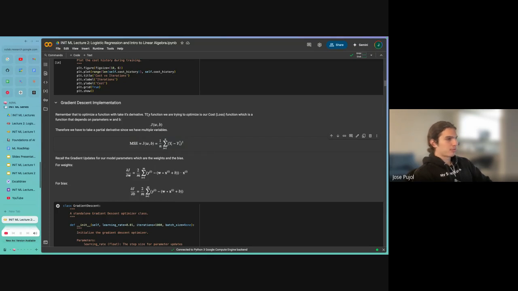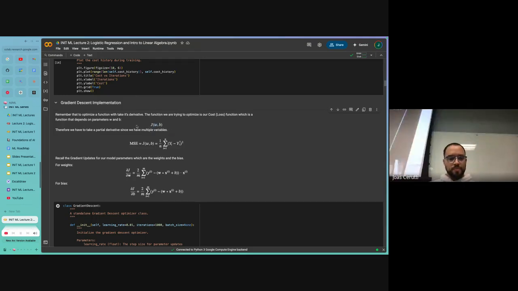To back up even further, remember that we're trying to optimize a function, this loss function J, and it is parameterized. It has parameters w and b, where w is our array of weights and b is the bias.